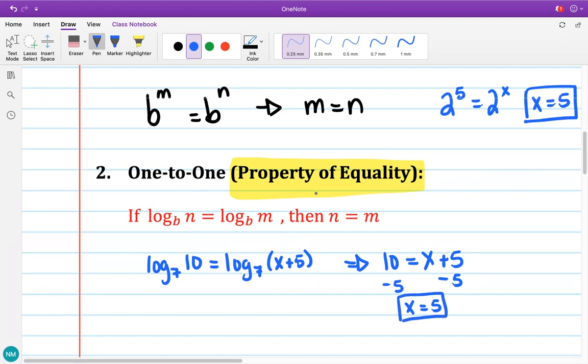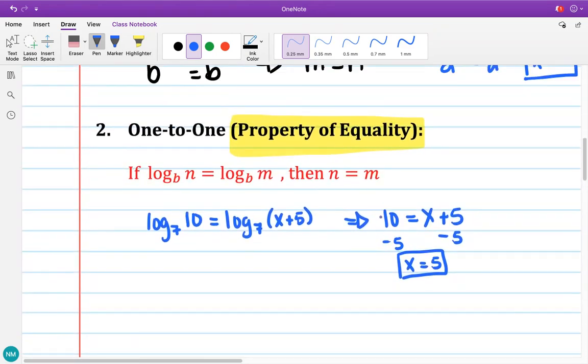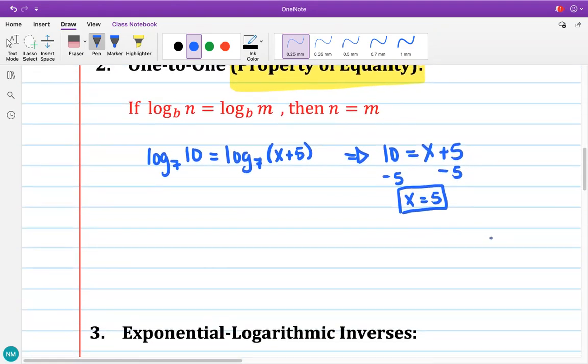So that is the property of equalities. I don't know why I said inequalities. Next,